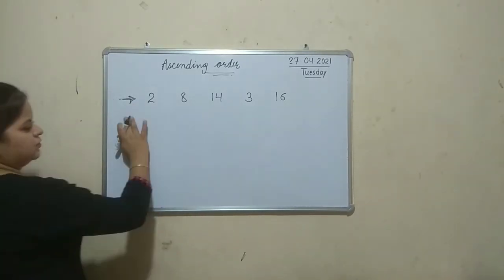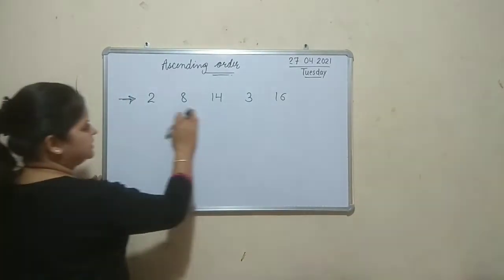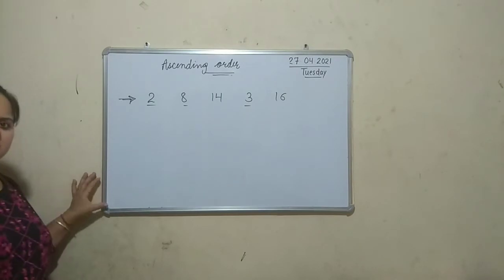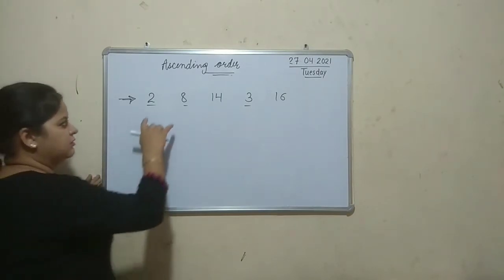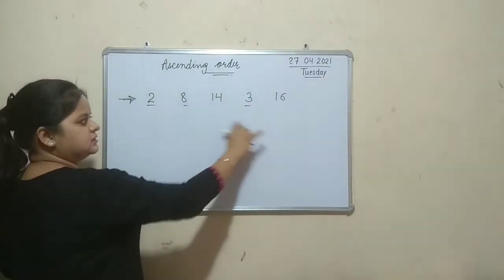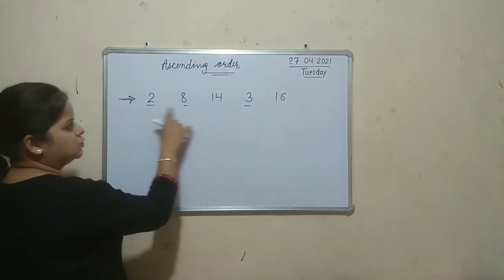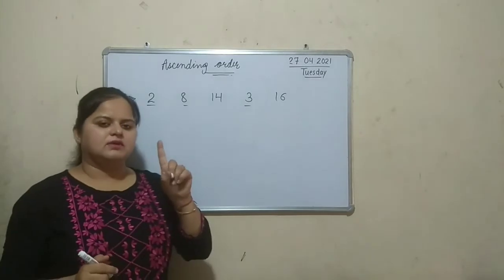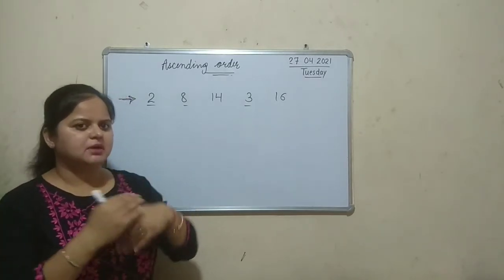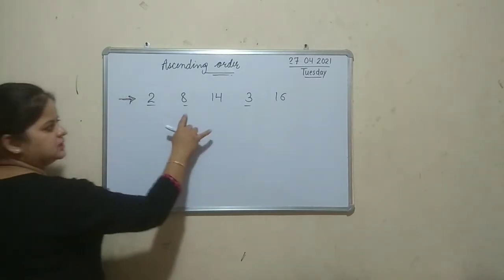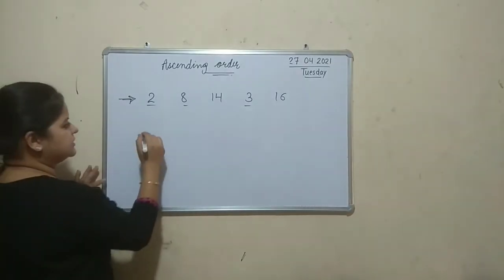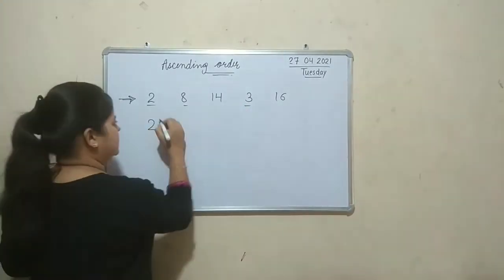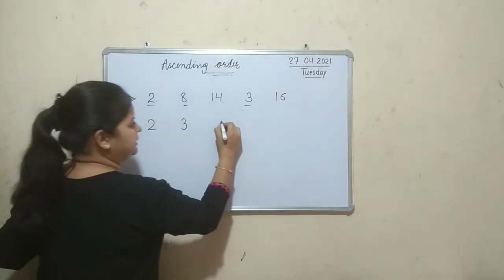Yes. So, which is the smallest number? You can see here, we have 3 numbers. These are only 1 digit. So, first of all, we will find the smallest number from these 3. 2, 8 and 3. When we speak the counting 1, 2, 3, 4, which number comes first from these 3? 2 comes first. So 2 is the smallest number. After that 3 and after that 8.